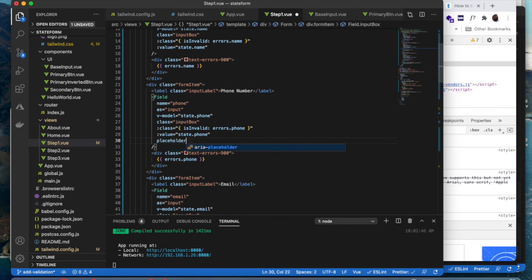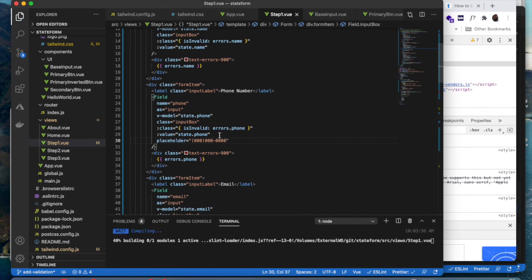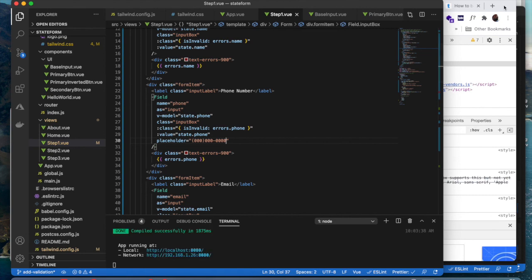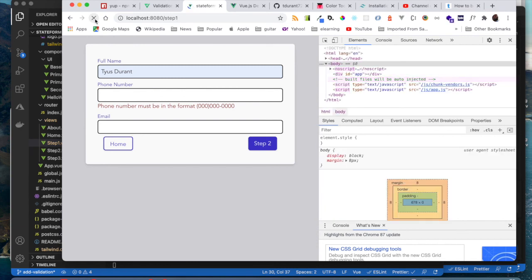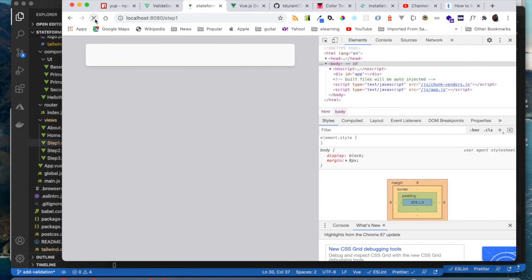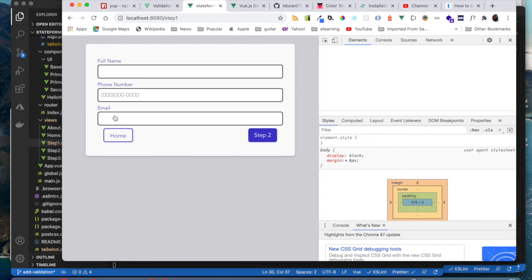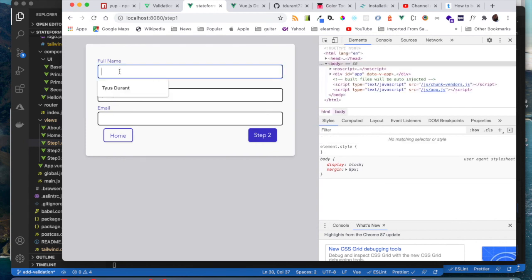Placeholder. And we'll do format of... will that work like that? It should. Yep. Refresh the page. There you go. So put the placeholder in. Great. All right. So now we'll say test rant,